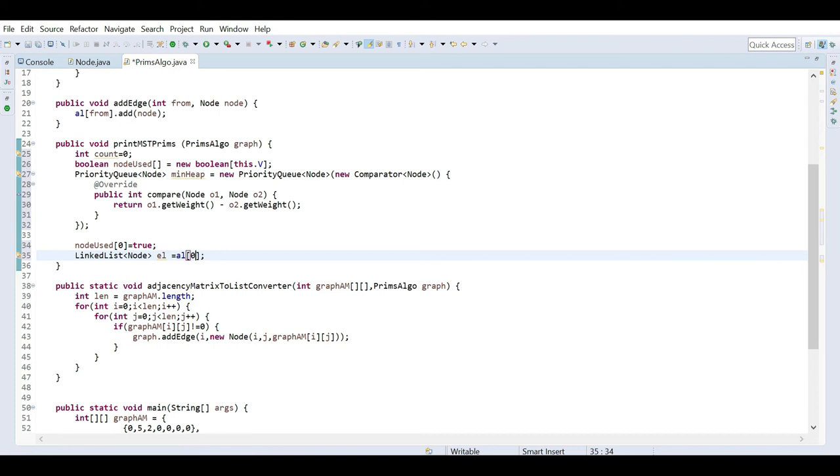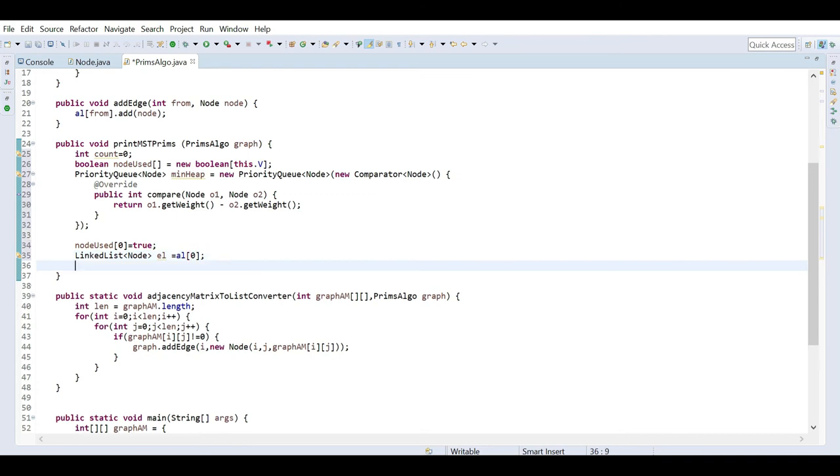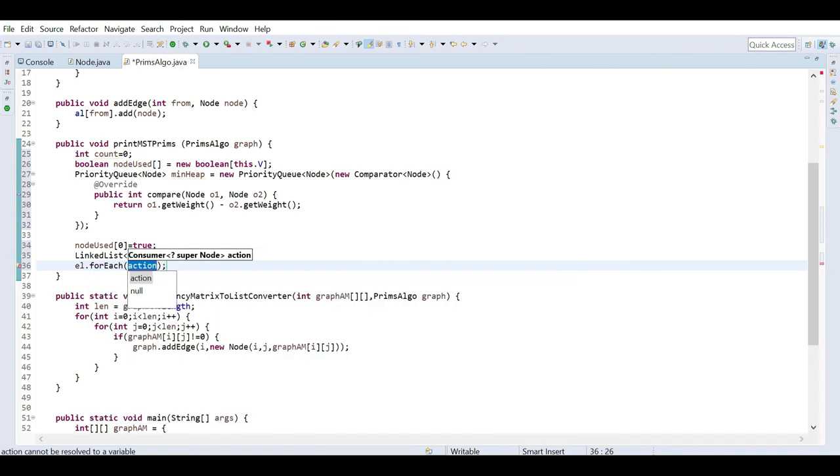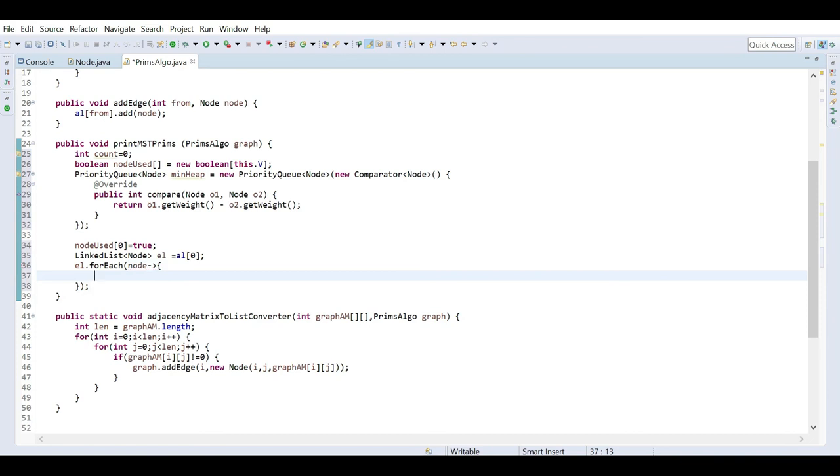This list of nodes, for our example, will be 1 and 2. This contains all the nodes which are adjacent to 0, and I will put all of them inside this priority queue, this min heap, and obviously I will check that if it is not visited, then only we insert.